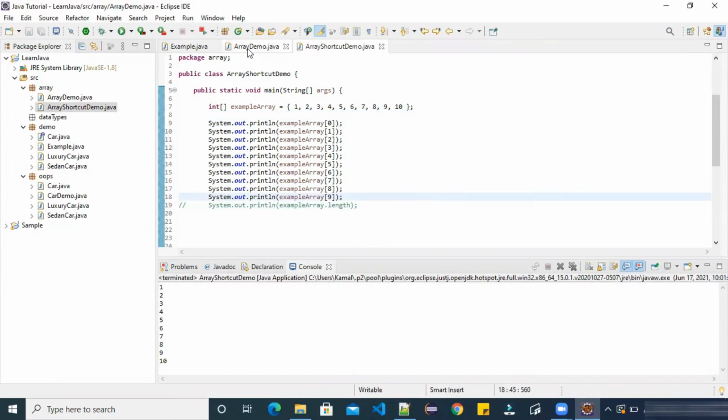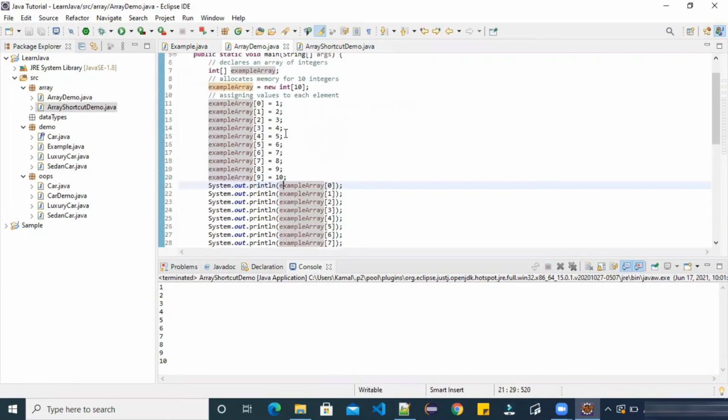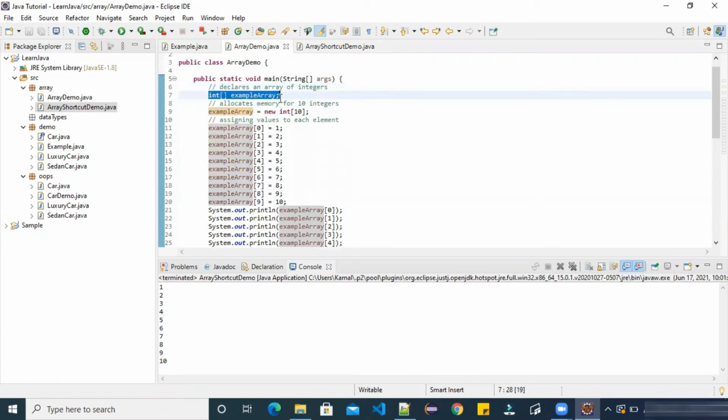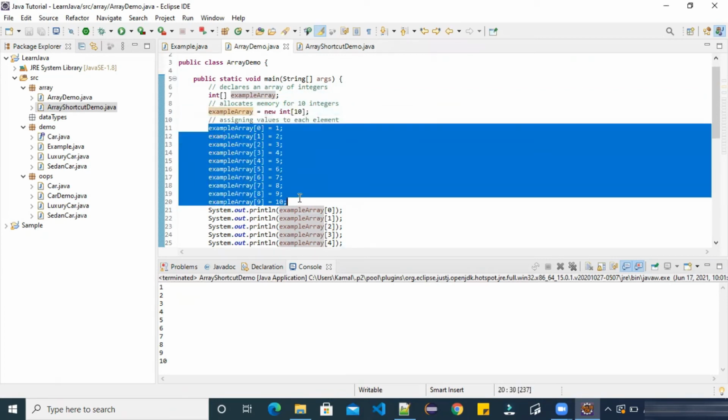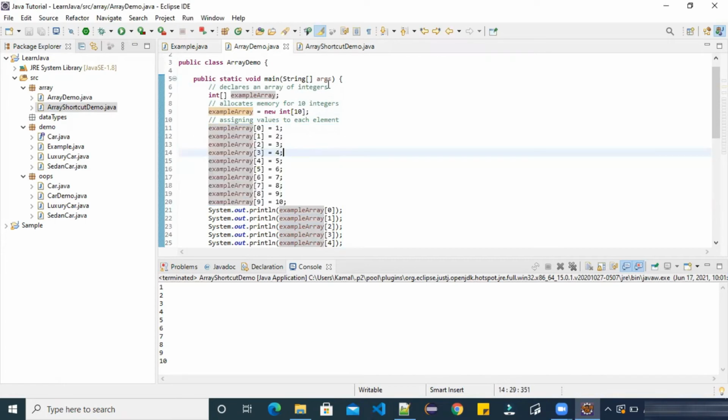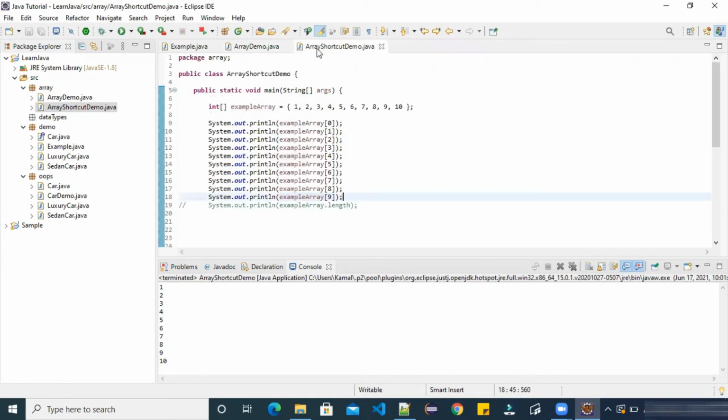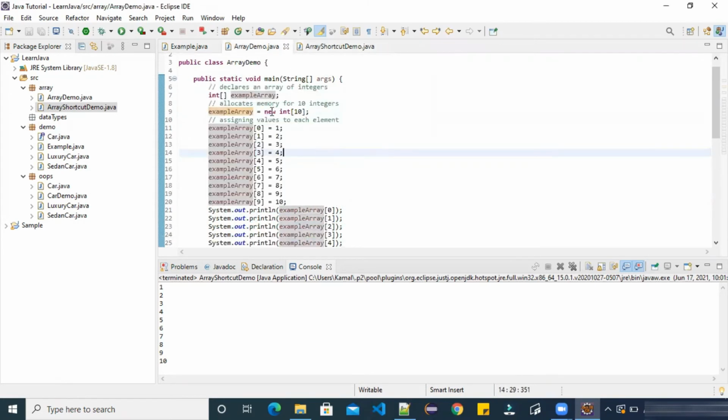Whatever we achieved here in these many lines, first we declared array, then we allocated memory for 10 elements, then we assigned values to these 10 numbers. So all this can be done in one line. Here we don't have to use this new operator.